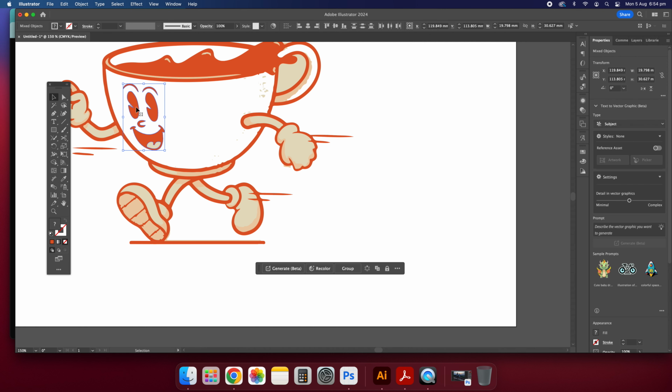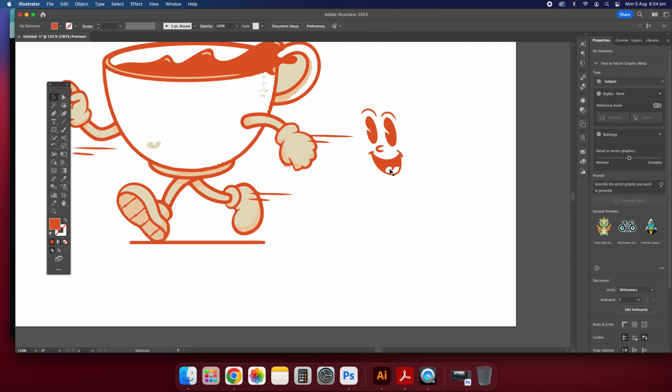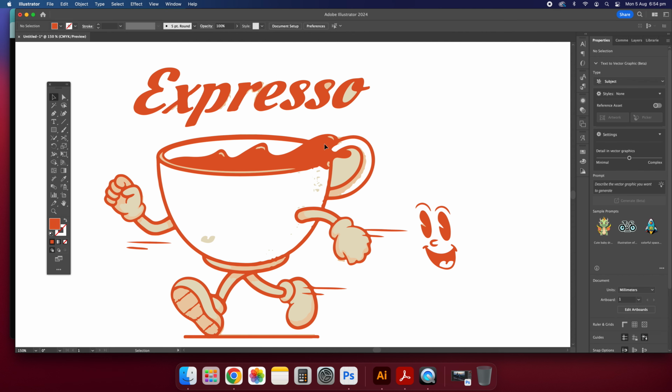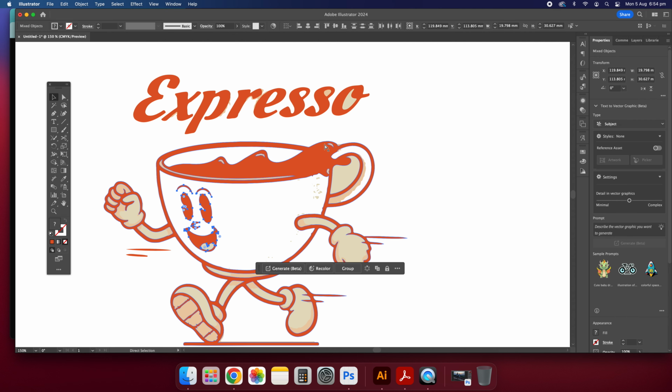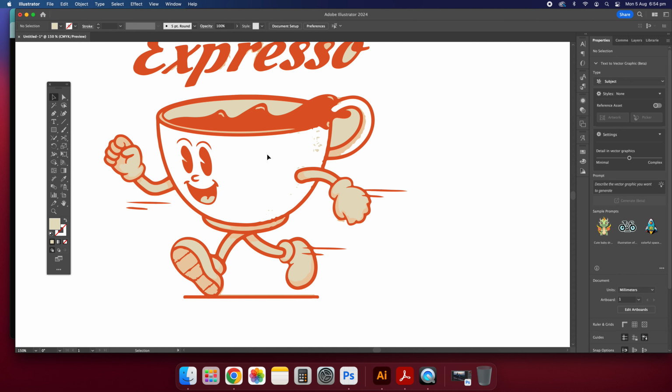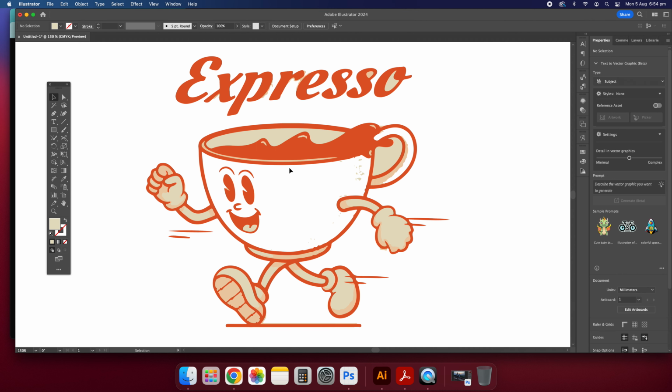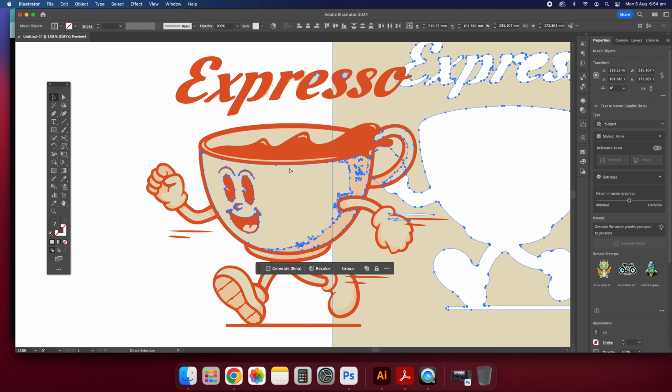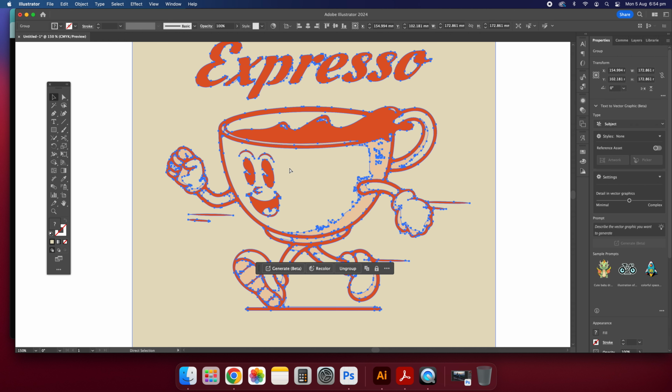You can highlight that, and you can use this for whatever cup you want to use. So this is how you make the artwork your own, in a sense, by taking a few elements and making your edits to make unique artwork, rather than plagiarizing and taking something that's not yours. I'd probably suggest doing it that way. But hopefully this helps. There are different ways you can trace artwork in Illustrator, but I would say doing this